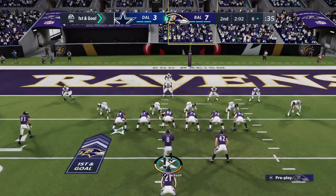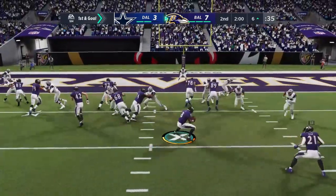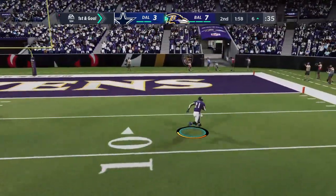Well, he challenged the play. It did not pay off. And that means he lost a timeout in that challenge. And as a coach,